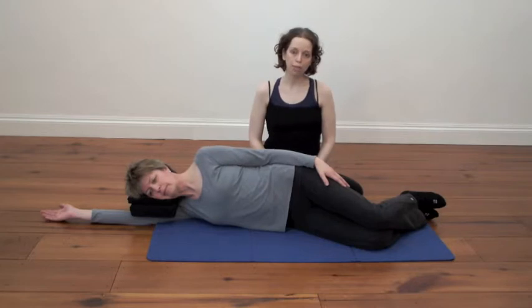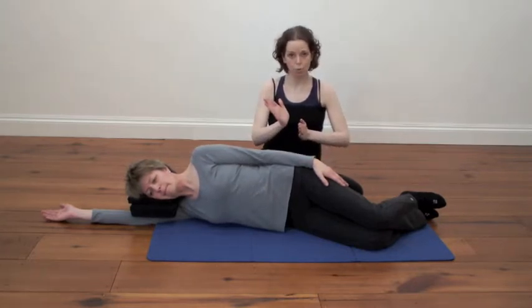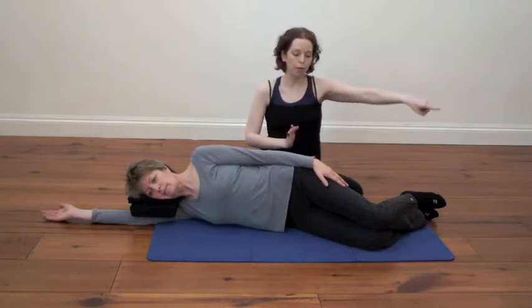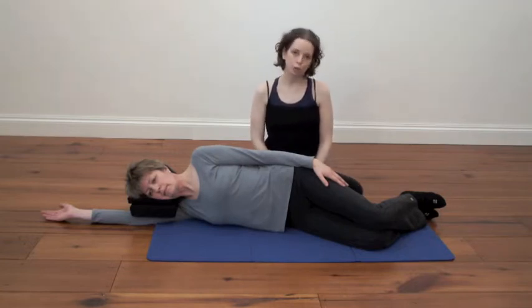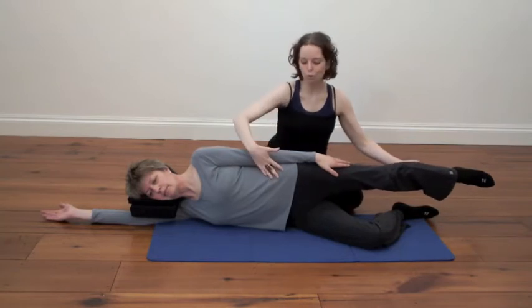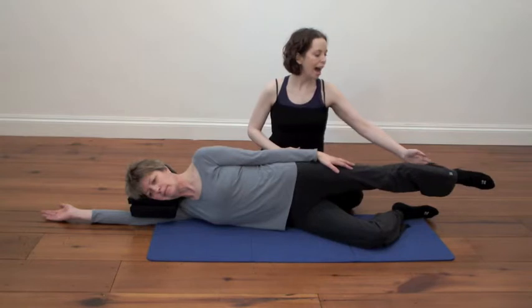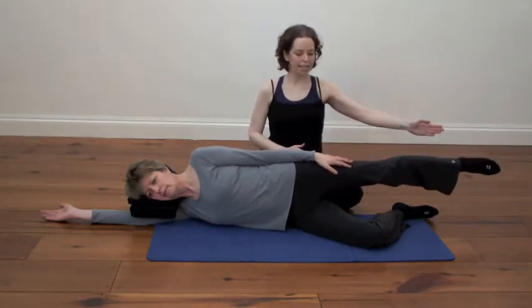Then the other option is once you've done several with your foot flexed towards your head, you can point your toes away from you to engage the inner thigh more deeply. So we'll try a few of those. Again, the leg is in line and reaching away from the waist. Foot pointed, out breath, up, in, down,